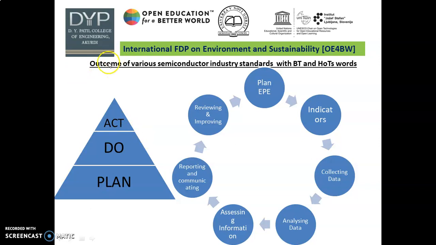So based on this environmental performance evaluation, first it will plan, followed by giving the various types of indicators, where these indicators will assess various parameters, followed by collecting the data. Once we collect the data, we will apply some processing like production, forming, photolithography, and we can analyze the data by using various kinds of software, like Mentor Graphics, which is the high-end tool used for analyzing